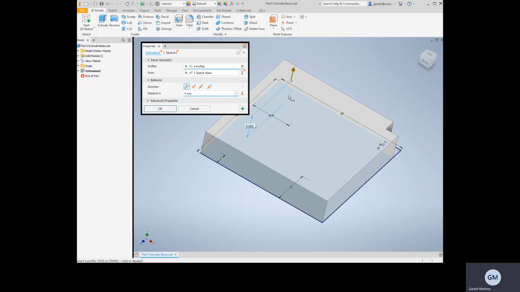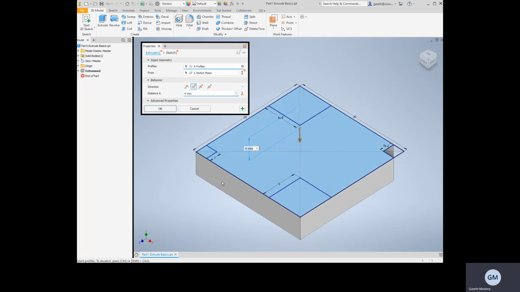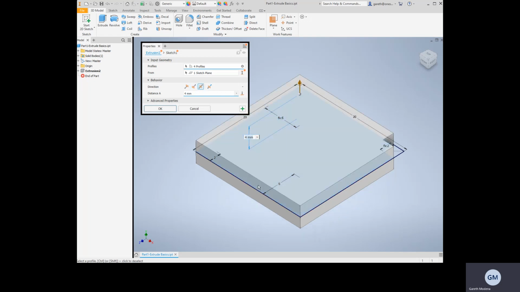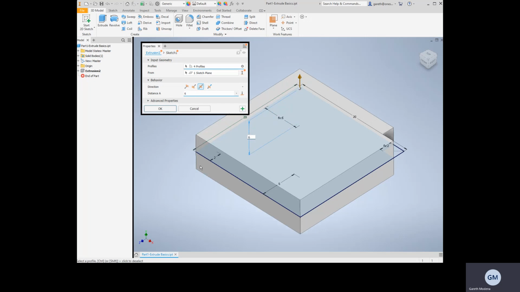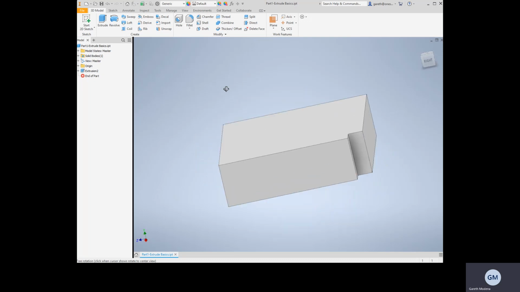Alternatively, if you want to change directions, you'll notice that we've got a direction arrow indicator. If we hit the flip button, it assumes away from the plane in the negative direction, same units, just different direction, or symmetrical, where the plane is then centered in the middle and half is up and half is down. Had I gone for 6 millimeters, it's 3 millimeters up, 3 millimeters down. And we'll select OK, and it generates our object based on the